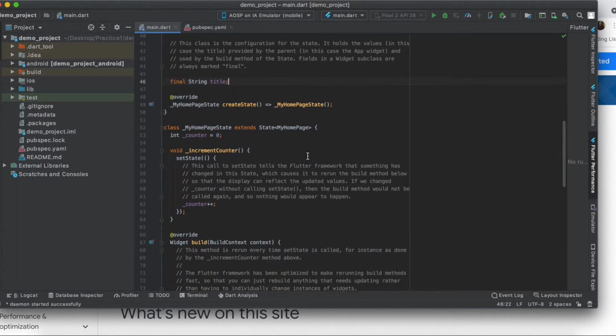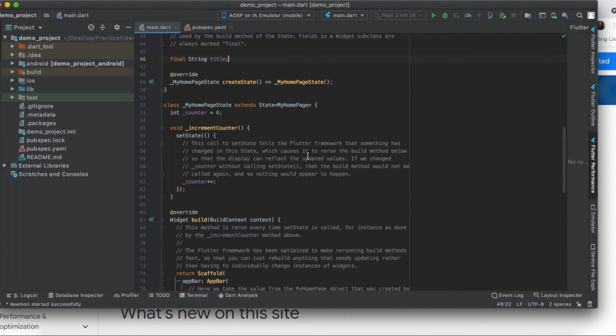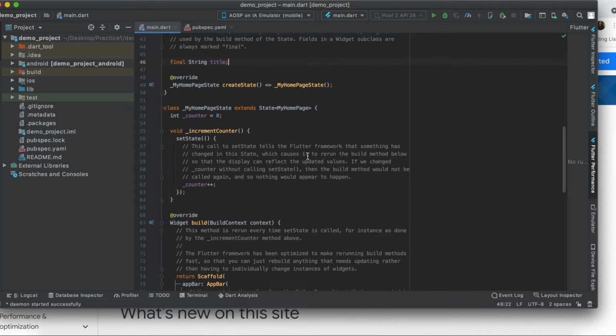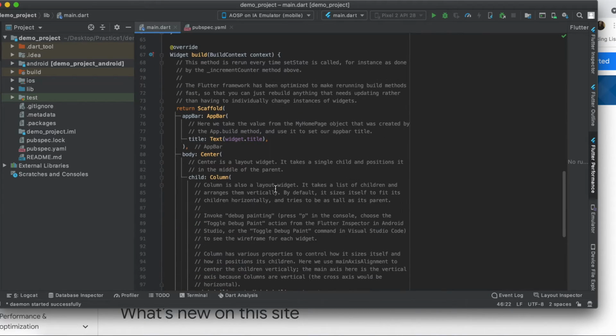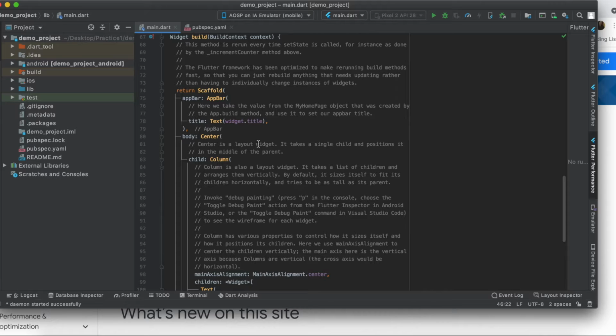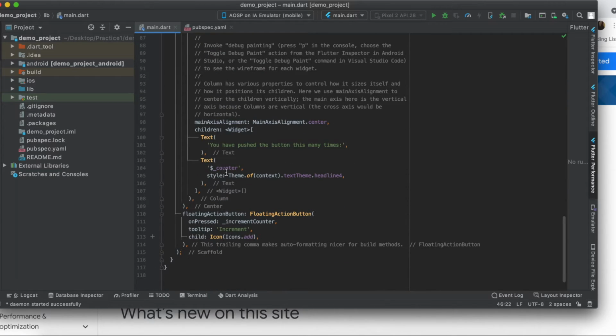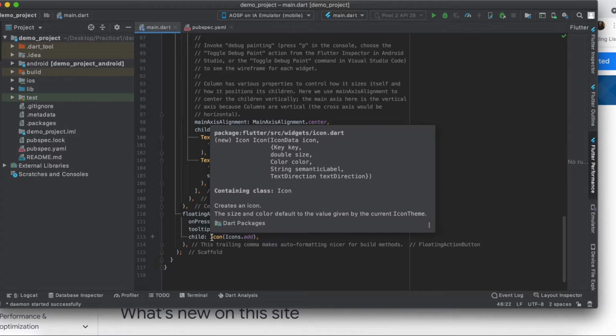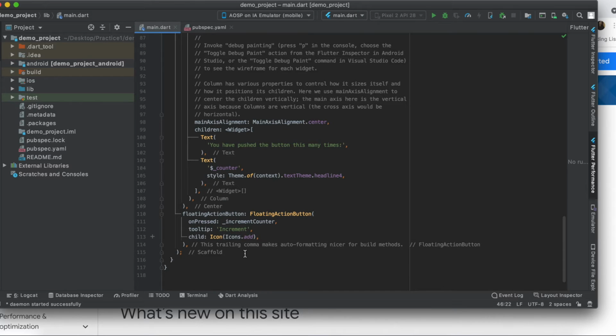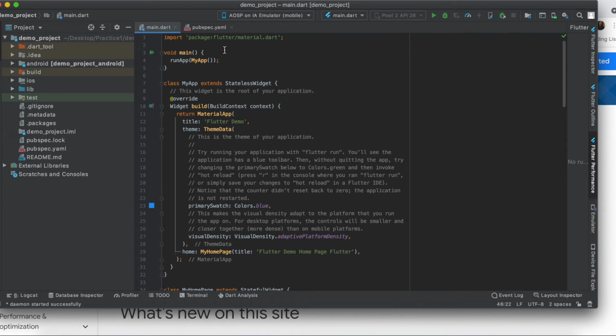It's not doing so much as of now, it's a very basic code. You will be giving the title, your app bar, body, child, column, text, and a floating action button which will do something on the click of that floating action button. So it's very basic.